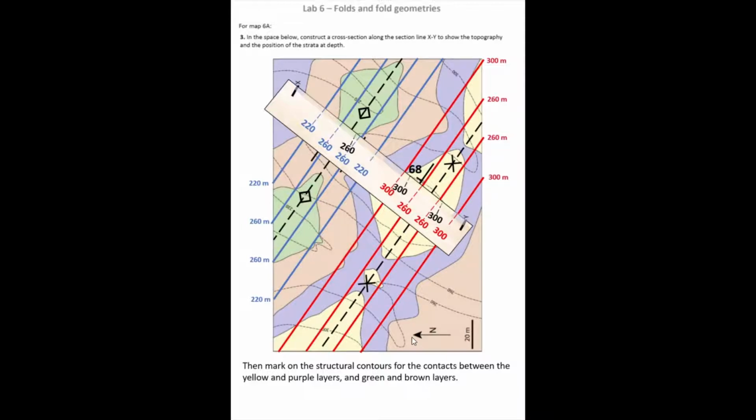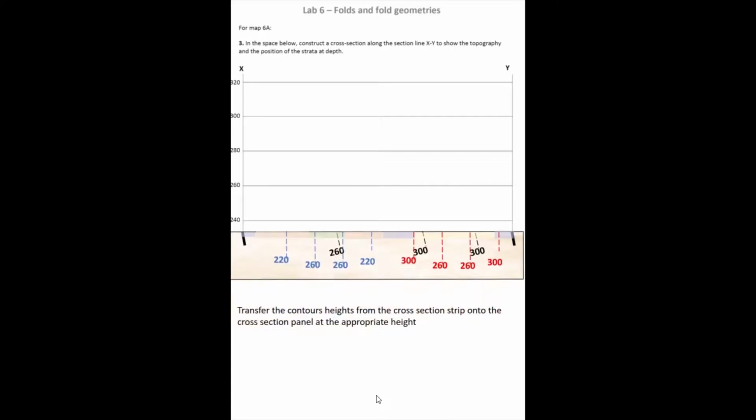Okay, at this point we've got all of the information that we can get from this map and everything that we need to draw our cross section. So what we can then do is transfer the information from our cross-section strip, starting with the contour heights of the ground from the cross-section strip and putting them on the cross-section panel. So these black marks that show the height of the ground, I place those on the cross-section panel at the appropriate height,